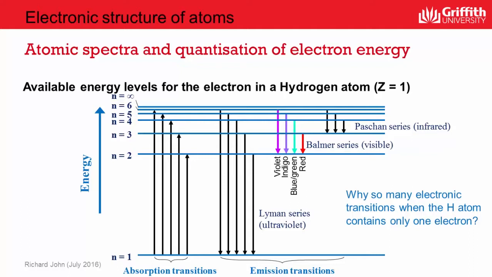So there you have it. The only explanation for the atomic emission spectra that we observe when we heat gases is that the energy of electrons is quantized. Electrons in atoms are restricted to certain energy levels, and this has significant implications for the chemical properties of atoms, including how they bond with other atoms.